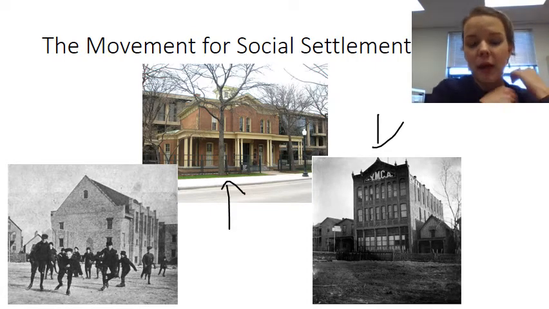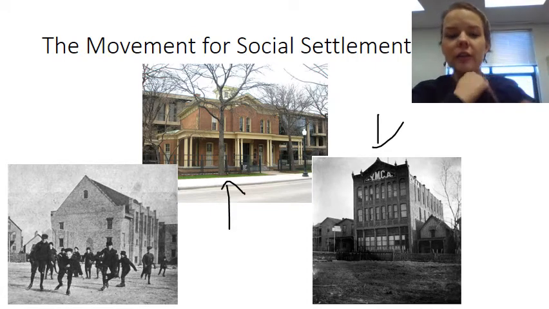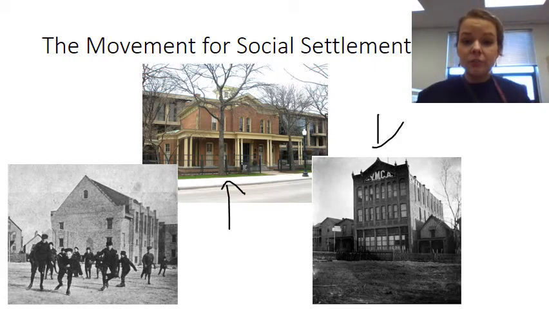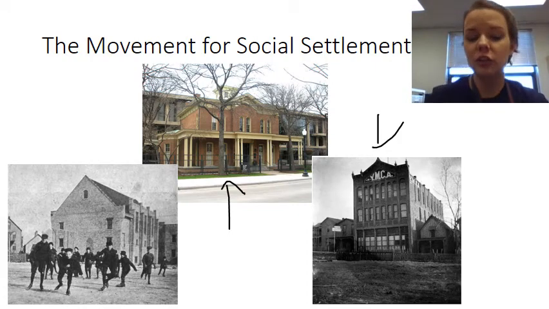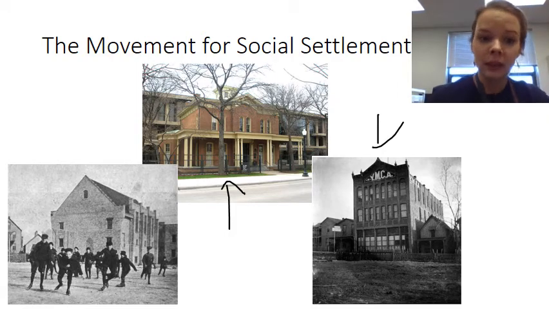You're going to see that they have a bathhouse, they have a playground, they have a kindergarten, some of them have libraries, gyms, penny savings banks, cooperative kitchens, English classes, all sorts of different things in order to try to provide for the community and help them to move forward. This is going to allow for these parts of the cities to allow for lobbying in order to get change,